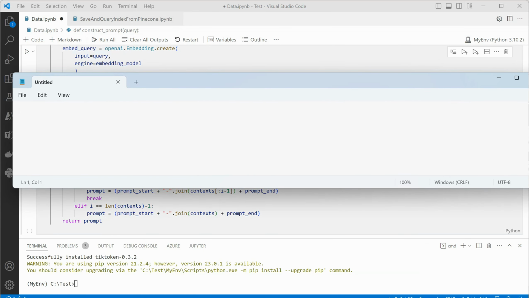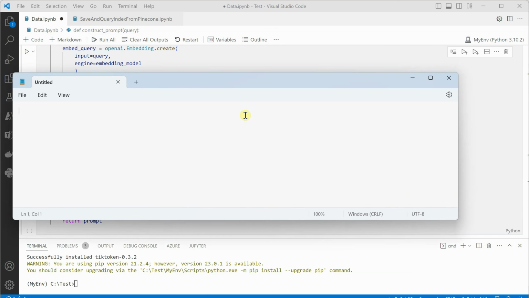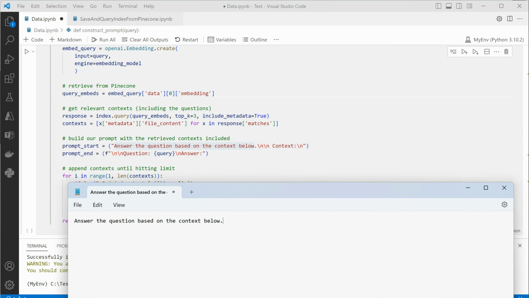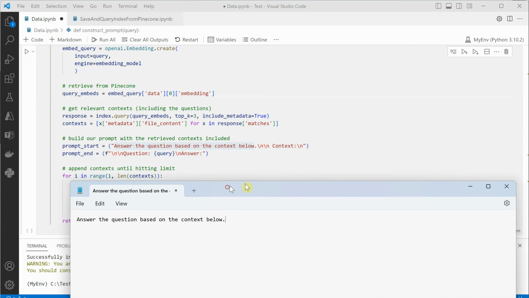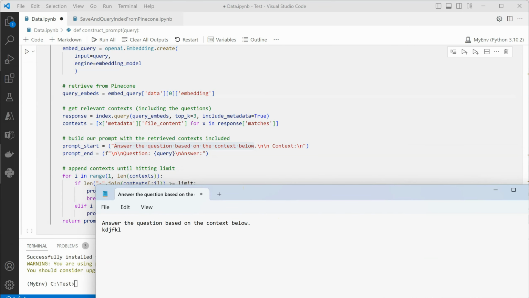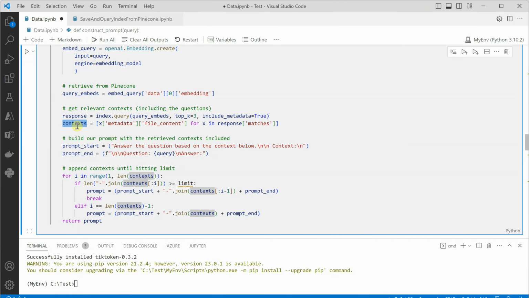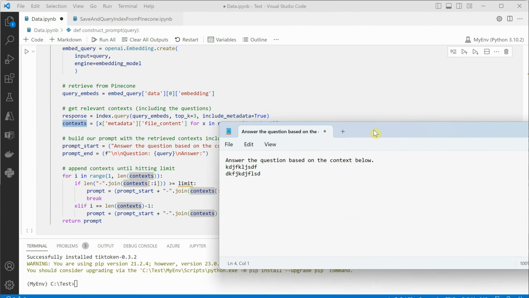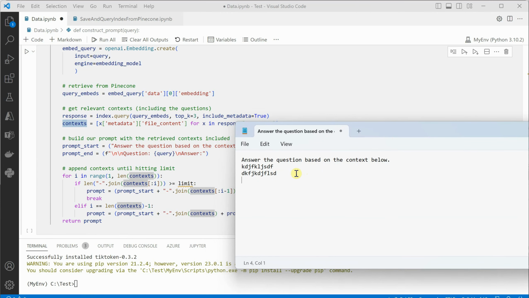So in this notepad, I will show you how exactly we are trying to construct. So we are saying to ChatGPT, answer the question based on the below context. And what is the context? This is some text which we grabbed in this particular statement. This is the text which we received from our Pinecone. So we have this, and then we are saying